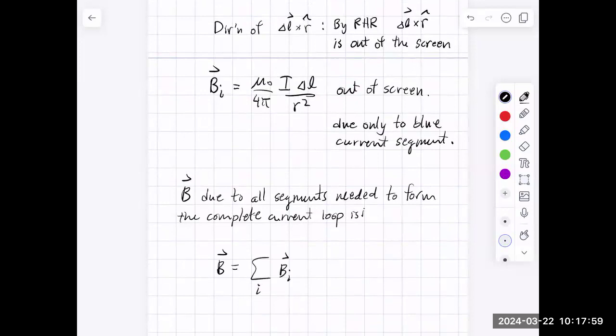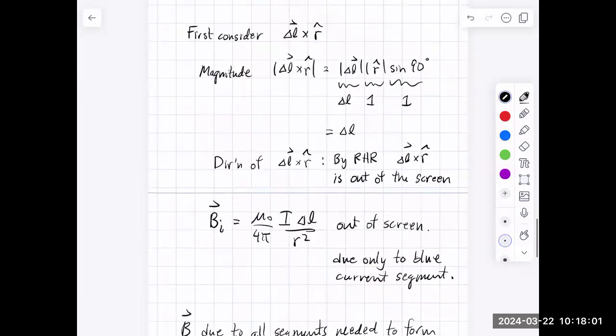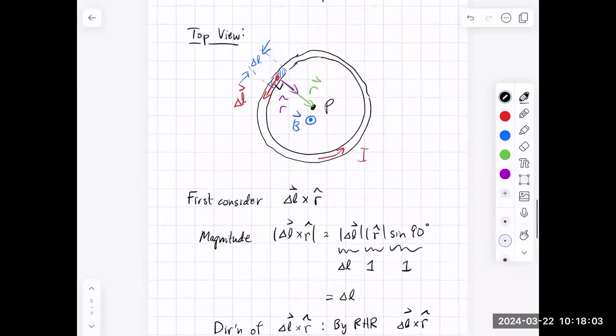All right, let's go back to our picture and let's draw a second little segment of current. So there's one over here, and we would have now a delta L. Let me get the direction correct, it would be something like this. The position vector would be the vector that goes to P. And so we would have another position vector over here. If I did the cross product,